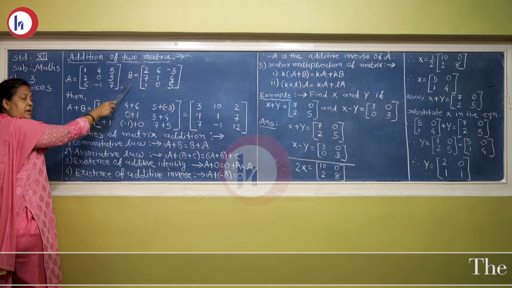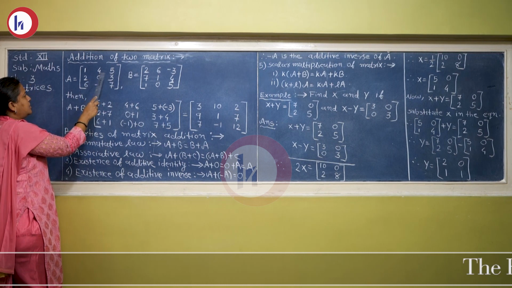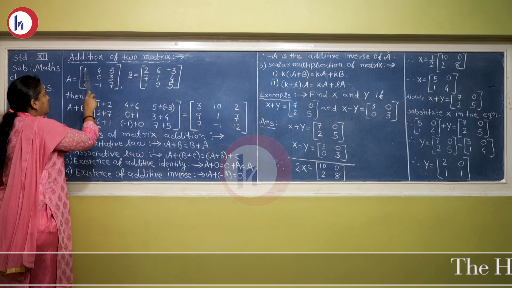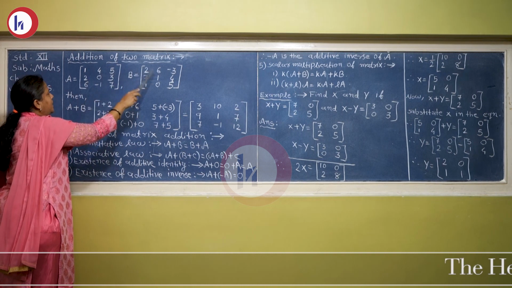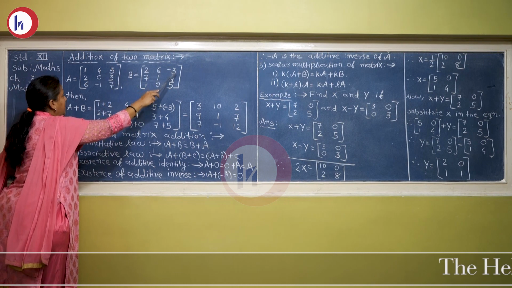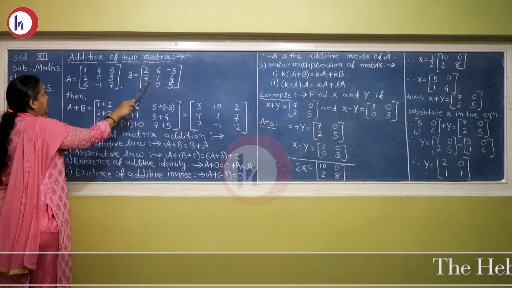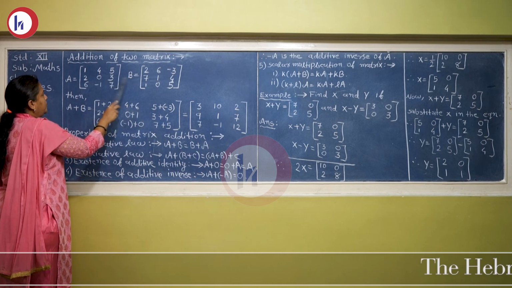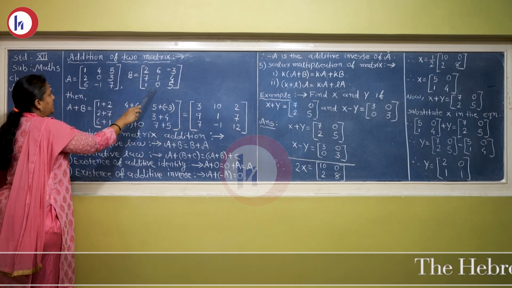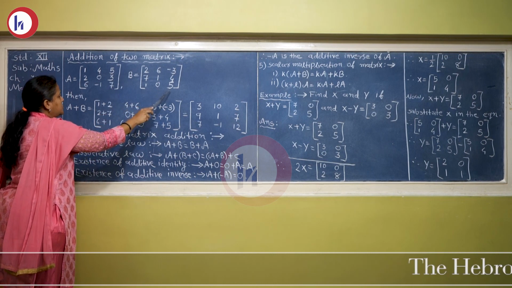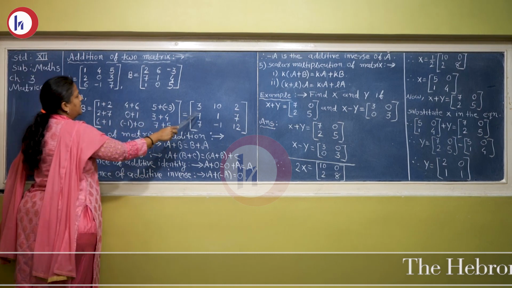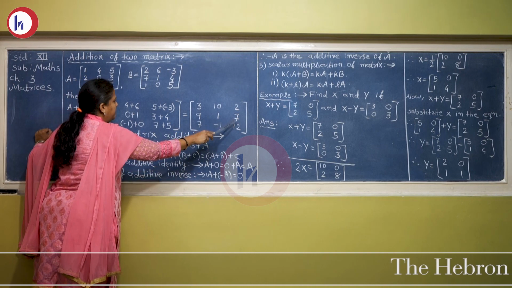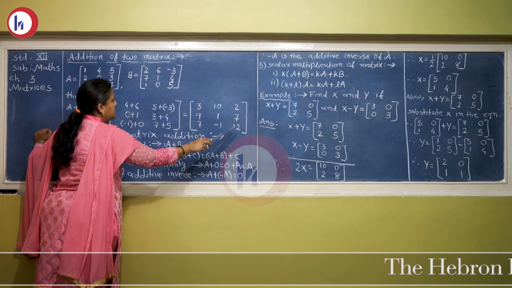Here this matrix addition is similar to the addition. So here first element must be added with the first. So here 1 plus 2, then 4 plus 6, 5 plus minus 3, 2 plus 7, 0 plus 1, 3 plus 4, 6 plus 1, minus 1 plus 0 and 7 plus 5. So our final answer becomes 3, 10, 2, 9, 1, 7, 7, minus 1, 12.